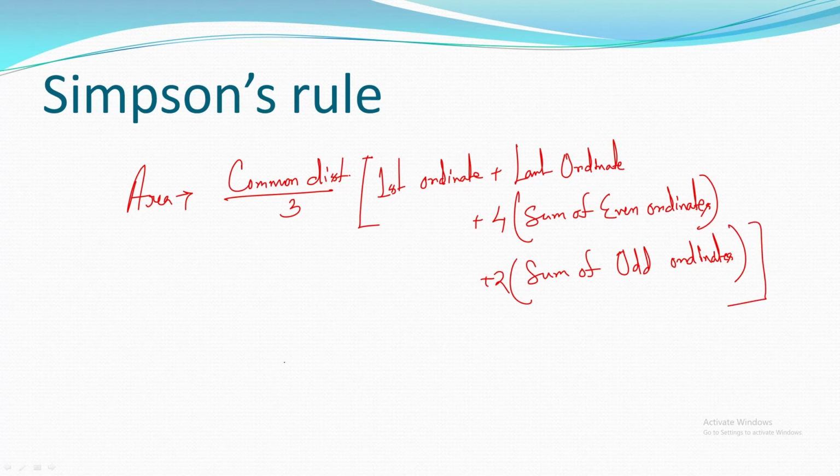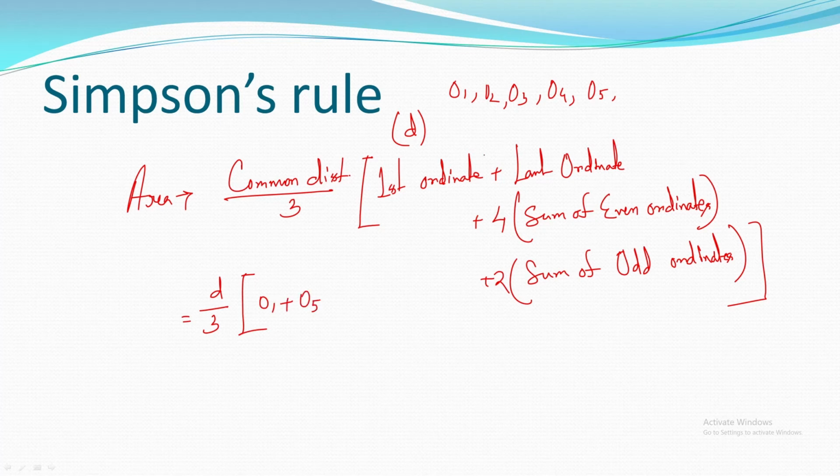So, in this way you can determine the Simpson's rule. If we consider O1, O2, O3, O4 and O5, and the common distance is D, the ultimate final expression will be D by 3 into O1 plus O5, because this is the first one